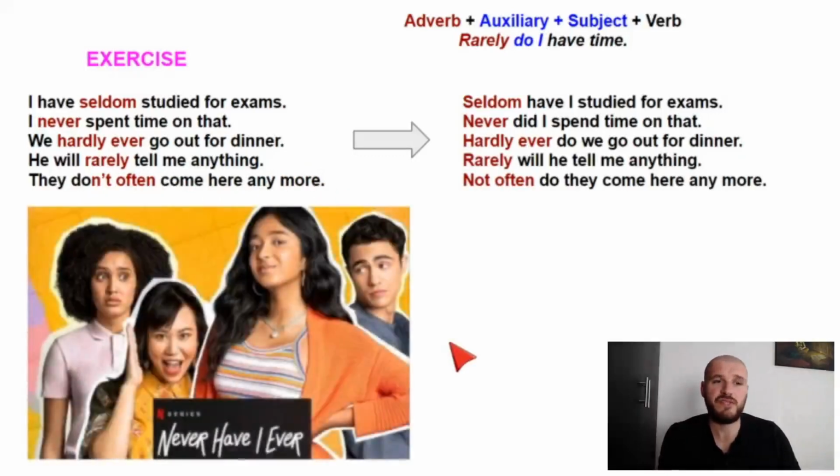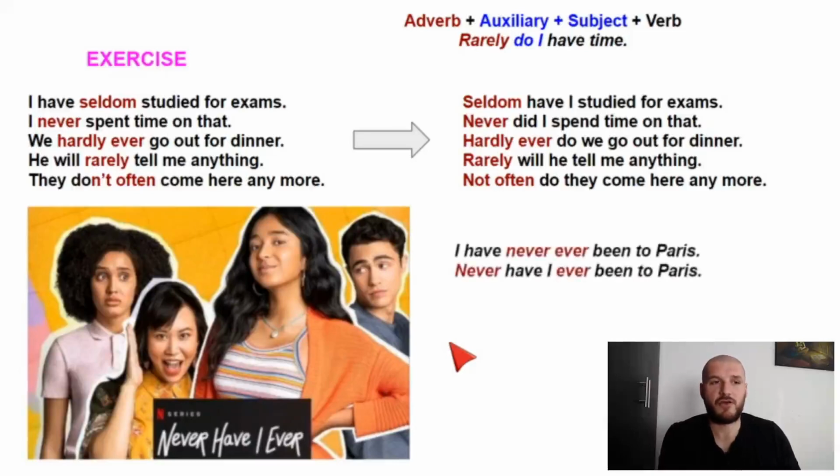For example, if you've seen this series on Netflix, it's called Never Have I Ever. Never have I. Never have I ever. Okay, so that's actually a very common expression in English, and it's actually a game, right? I have never ever, or I have never been to Paris. People say never ever colloquially. It's not actually technically good. Ever just means in your whole life. Never means never in your whole... I mean, it's the same thing. Never have I ever been to Paris.